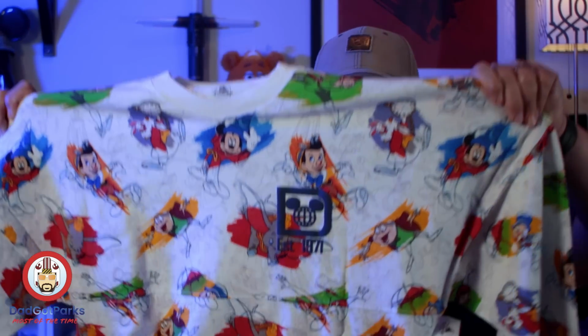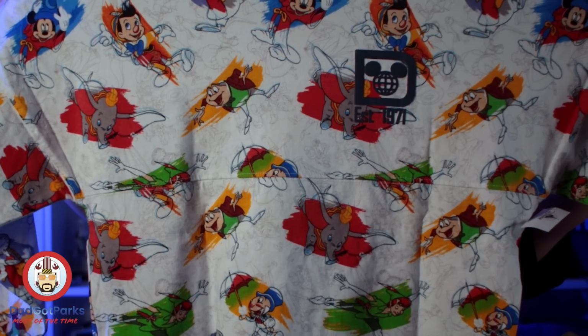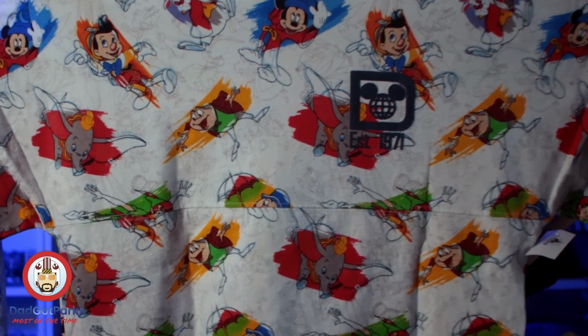I love the design of these. These are pretty darn awesome. They're just cool. I like the Sorcerer Mickey on here. Ink and Paint Spirit Jersey. Now, I think they had less of these than they had of the other Ink and Paint Spirit Jerseys, because if you get one, you get one, but if not,